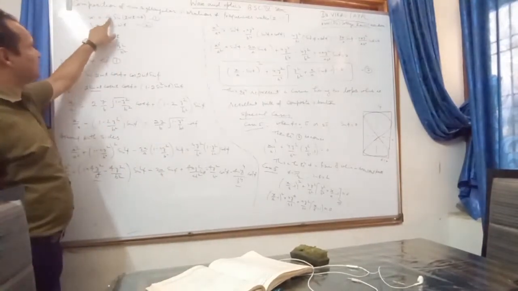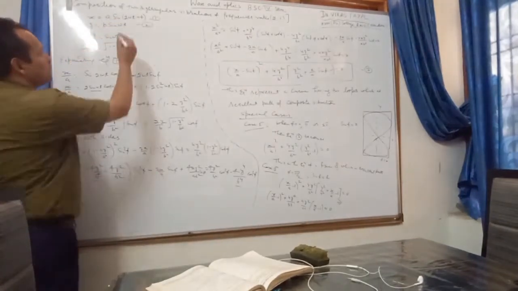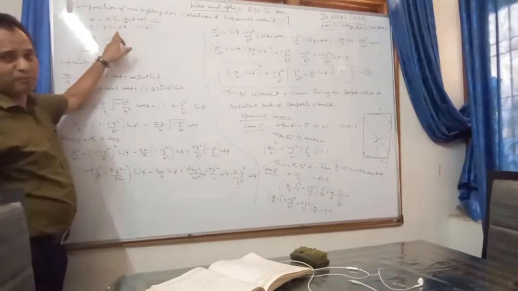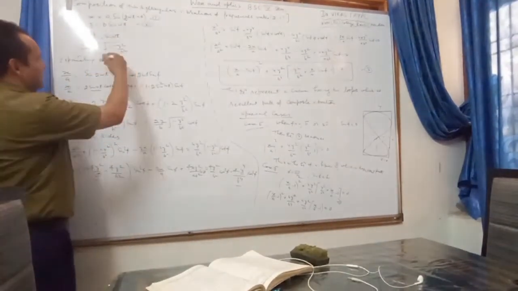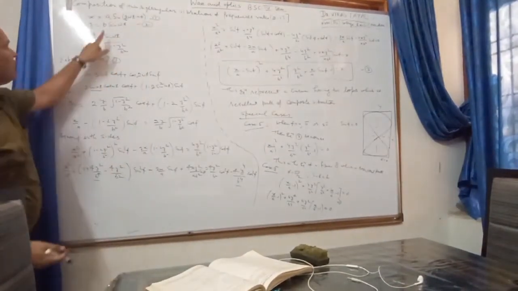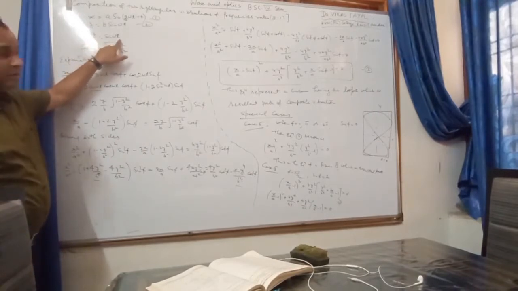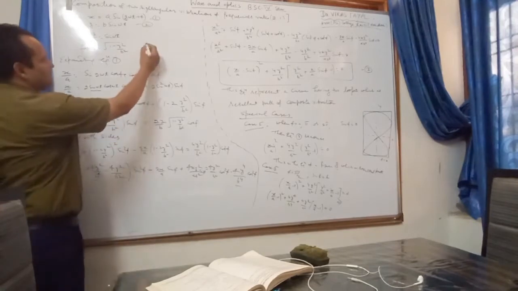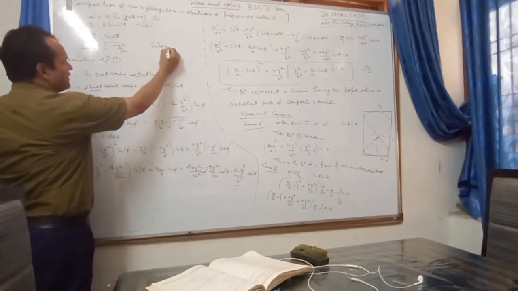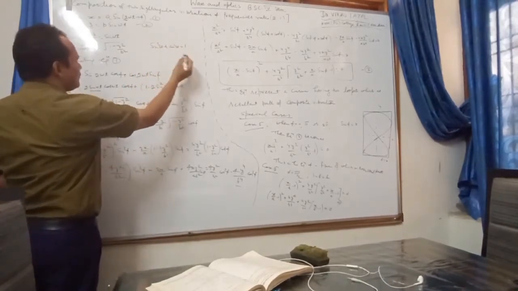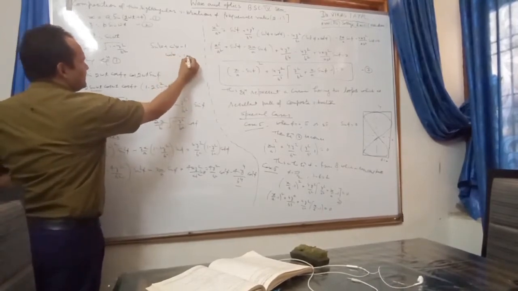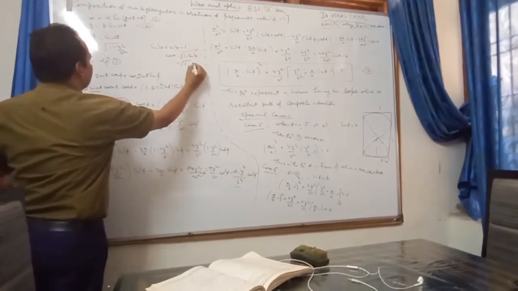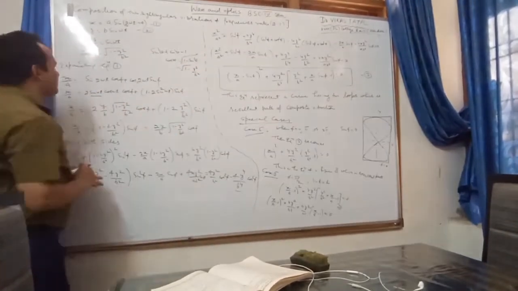One is x is equal to a sin(2 omega t plus phi) and the second wave is y is equal to b sin omega t. Then again, the process from equation number 2: y upon b is equal to sin omega t, cos omega t is equal to under root 1 minus y square upon b square. Similar formula, sin square theta plus cos square theta is equal to 1. Then cos square theta is equal to 1 minus sin square theta, and this value will become y square upon b square.